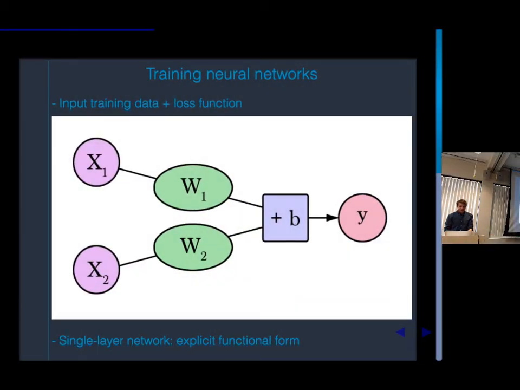Okay, so I've been dancing around this idea of training neural networks. In the very, very simple example, if I just said, find the optimal W1, W2, and B to solve this classification problem, I have a bunch of X1s and X2s, and I have some output Y that I want to predict. You've presumably all taken calculus, so you could easily do this, right? You just write down the sum of all the errors, and you take the derivative, and you set it to 0, and you minimize your loss function with respect to these parameters. So that's easy. You just write it down with pen and paper.